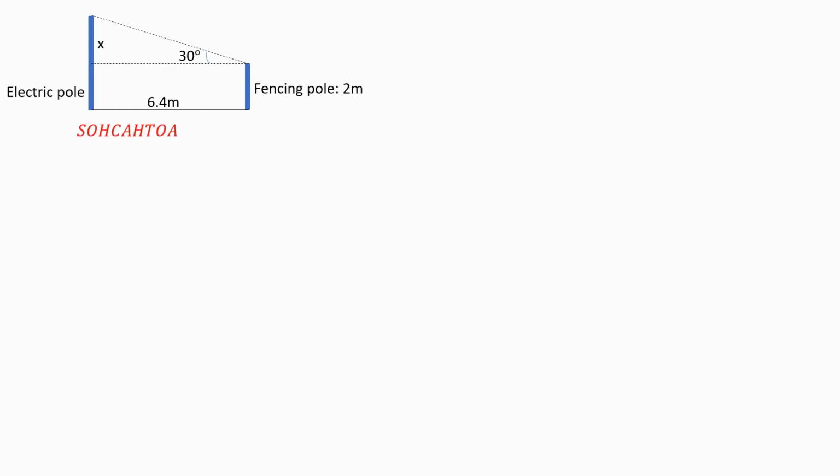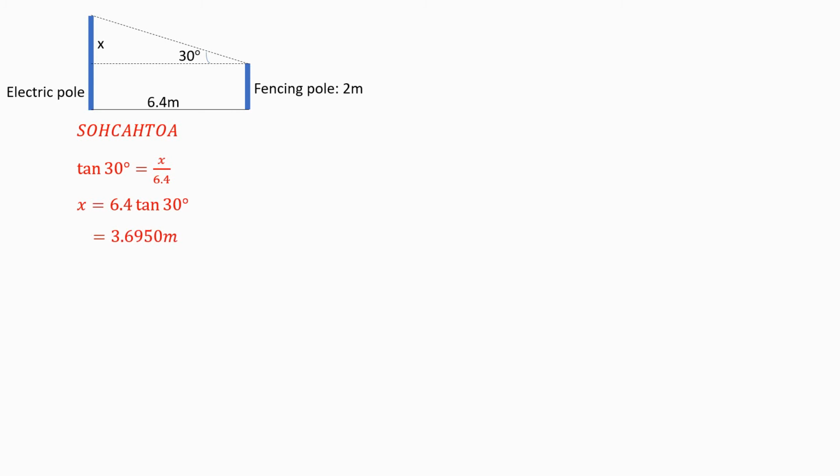In relation to the angle of elevation, we have the adjacent, which is the same as the horizontal distance between the two poles. Then we need to find the value of x. So we are going to use tan. So tan 30 degrees is equal to x over 6.4. We cross multiply, it means x is equal to 6.4 tan 30 degrees. You compute this, you obtain the value of x is